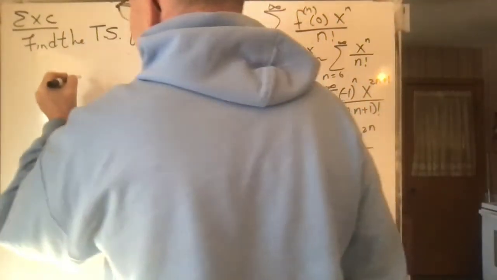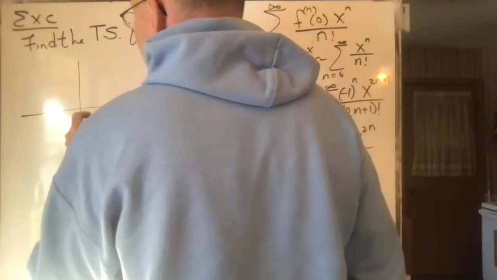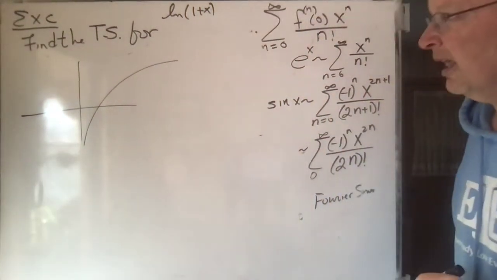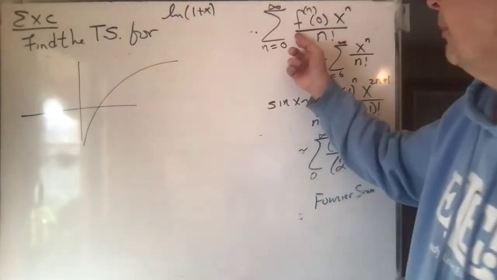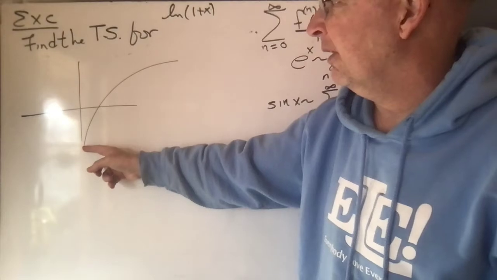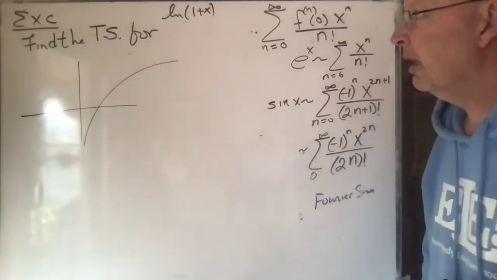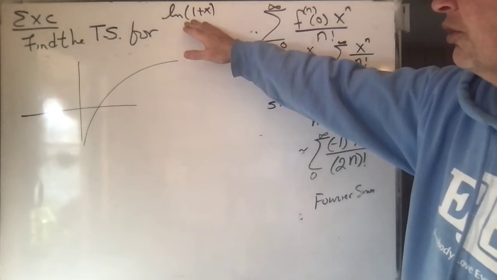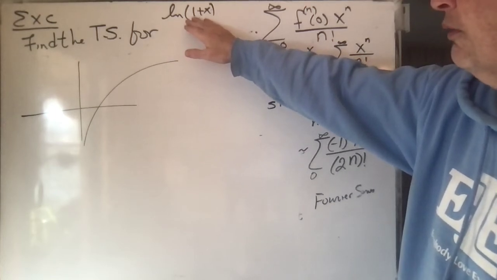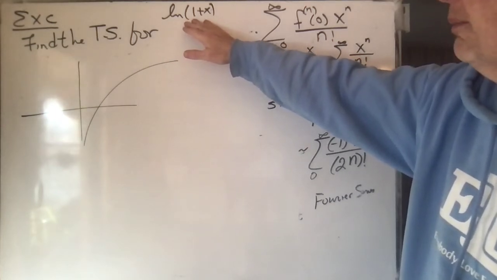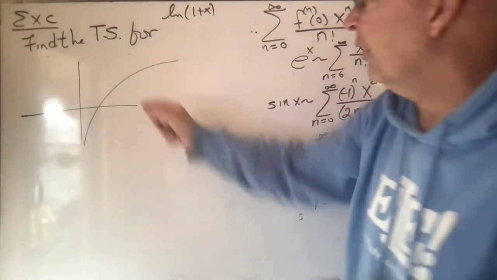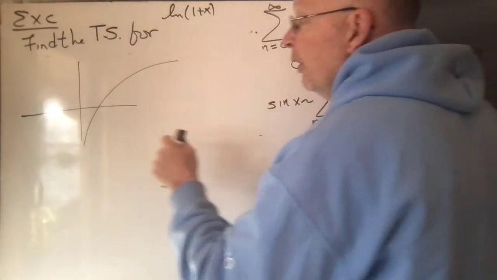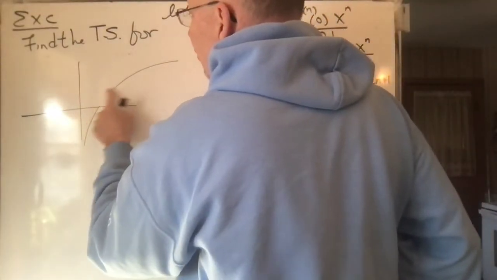If you think about what the ln looks like, here's the ln of x, and so it's clear that we can't form a Taylor series about 0 for the ln of x because it's not even defined at 0. So what we did with this function, a couple sessions ago, was find a power series that converged to that, which would then be the Taylor series. What we did was we took the ln of x and we shifted it over 1. Agree? If you shift it over 1, it's now going to go through